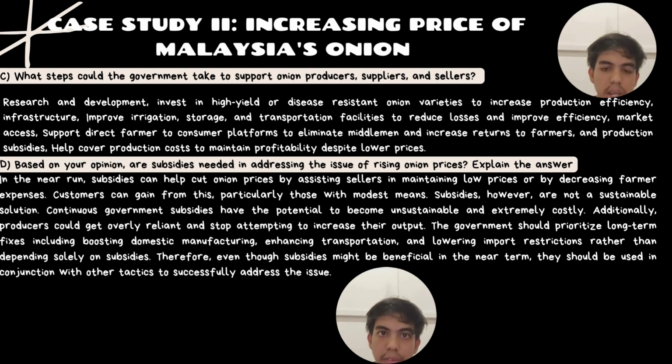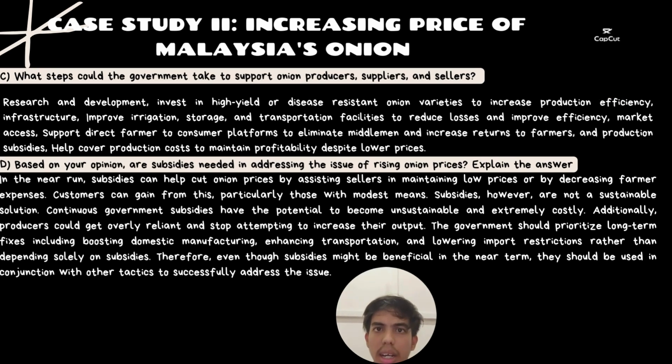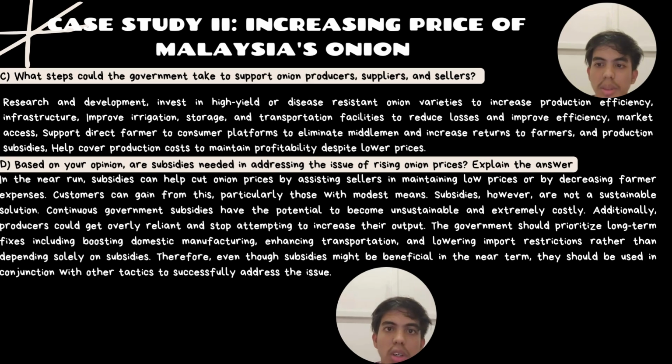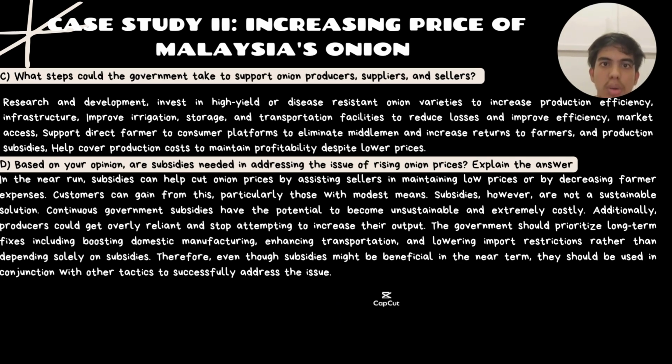Continuous government subsidies have the potential to become unsustainable, covering production cost to maintain affordability despite the lower price. The government should prioritize long-term fixes, including boosting domestic manufacturing, enhancing productivity, and lowering import distribution costs rather than depending solely on subsidies. Therefore, even though subsidies might support market access in the near term, they should be used in conjunction with other tactics to successfully address the issue. Subsidy helps to cover production